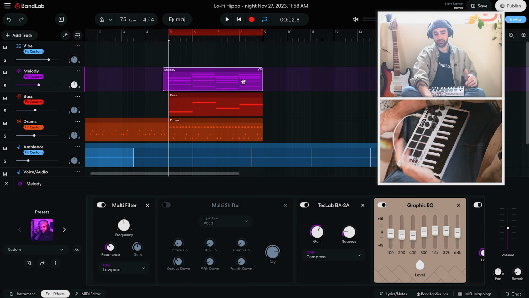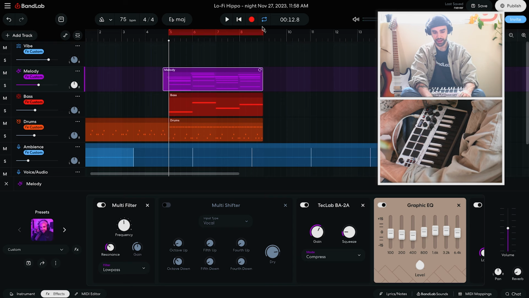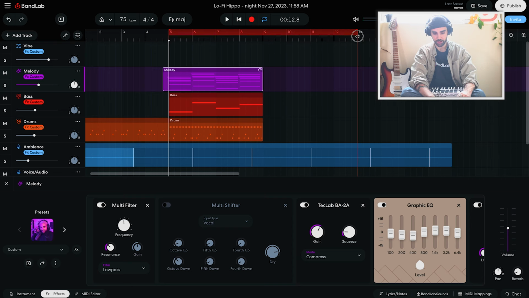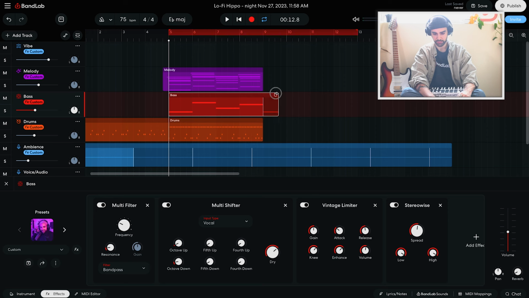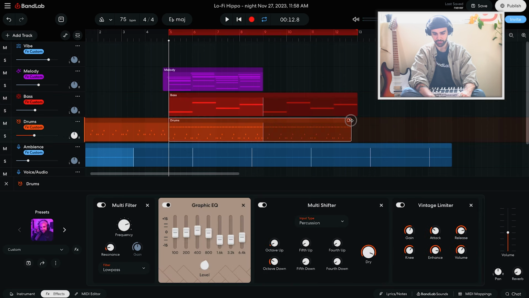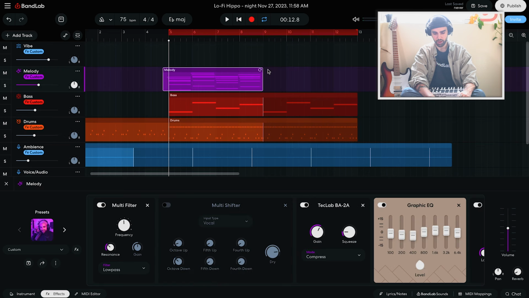So here, I'd actually like to start working in an 8-bar pattern. So I'm going to extend our bracket all the way through bar 12, and I'm going to loop these ideas, just clicking and dragging from that loop icon. I'm going to do that for the drums and the bass, and then I want to do it for the